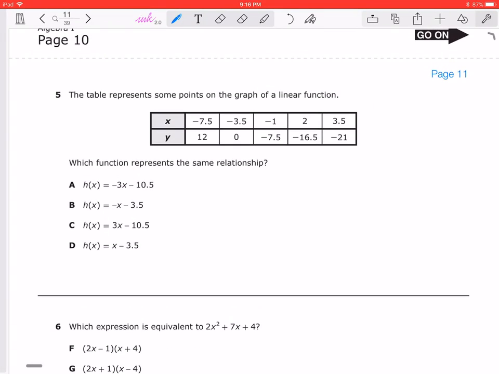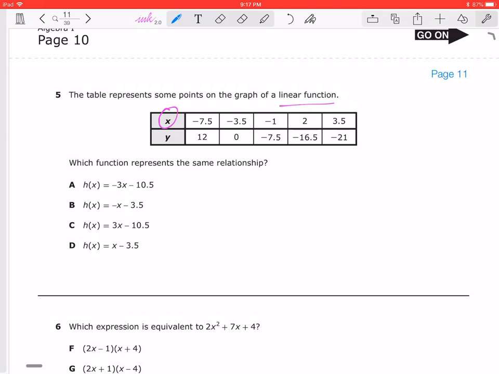Hello, so in this question number 5, we're talking about a table representing a linear function, so we know that if it's a linear function, our rate of change is going to be constant throughout. Which function represents the same relationship shown below? So I need to find my slope, I need to find my